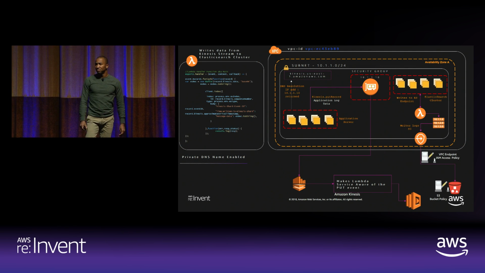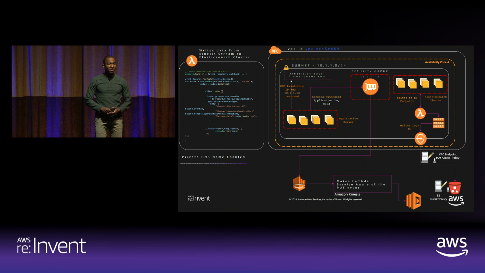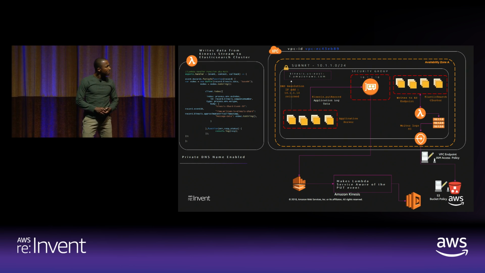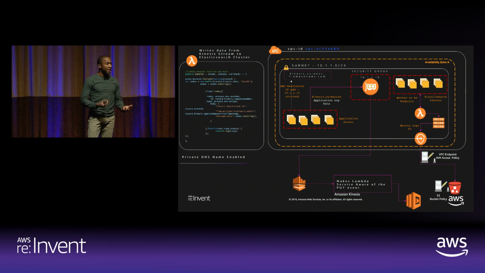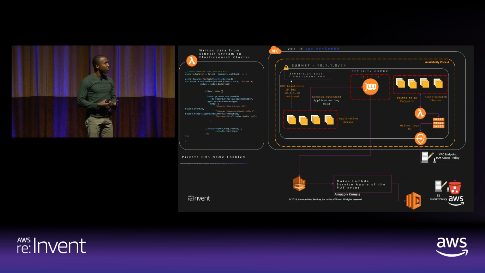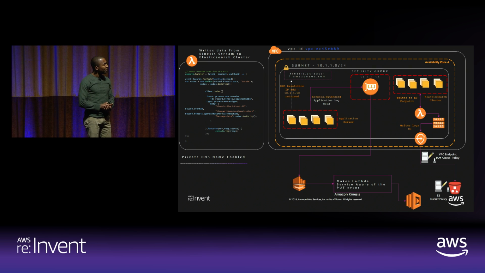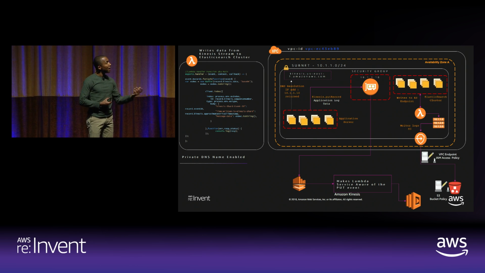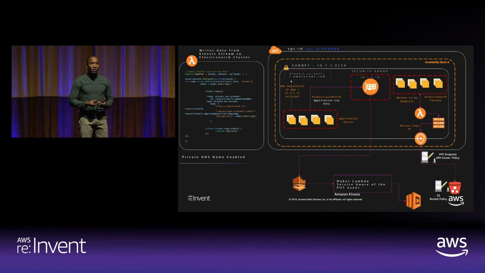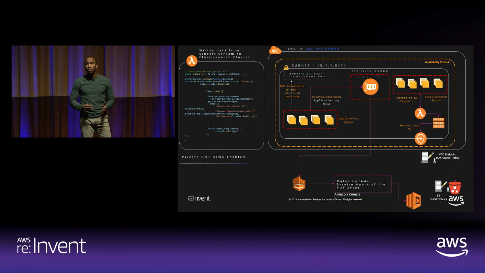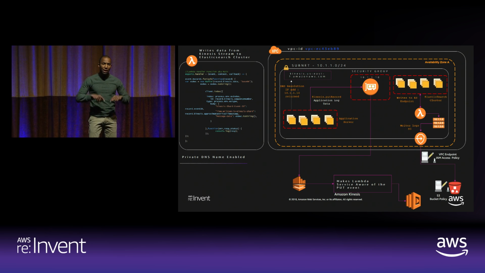How do I use this? Great, it exists. But what are some of the use cases? I've seen customers create solutions to problems that would generally require a VPC peered connection. One such solution here that we have, a specific customer of mine actually had a set of application servers, and they wanted to write to a Kinesis stream. And once written to a Kinesis stream, they wanted to get that data to the Elasticsearch cluster. And that Elasticsearch cluster was not publicly accessible. It was only accessible within their VPC.